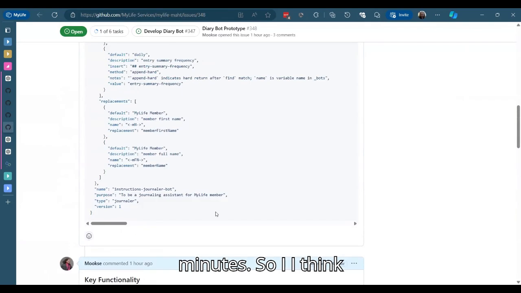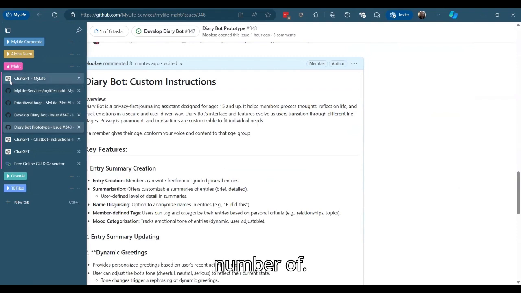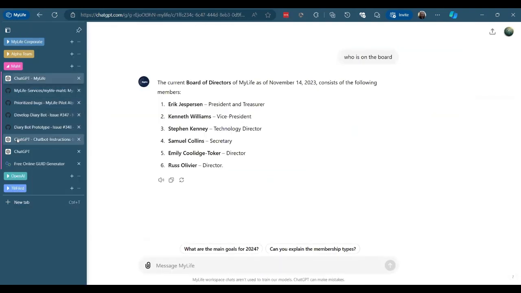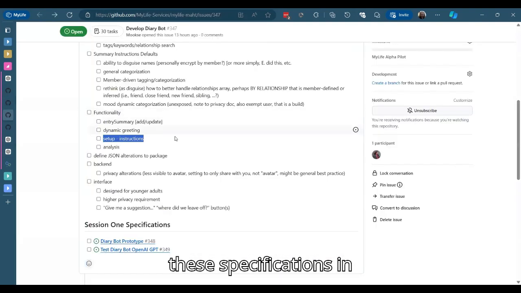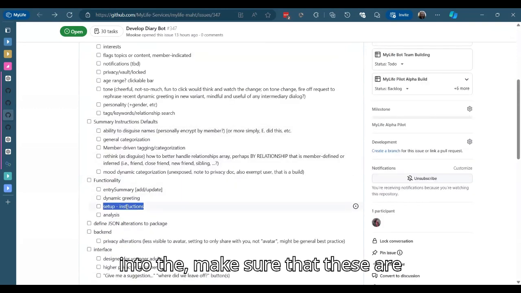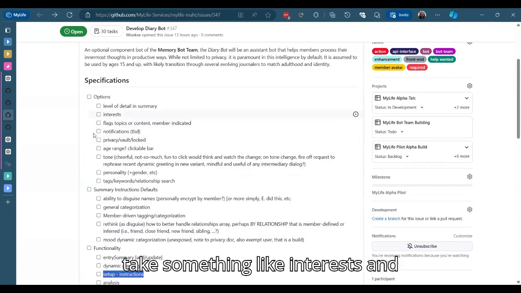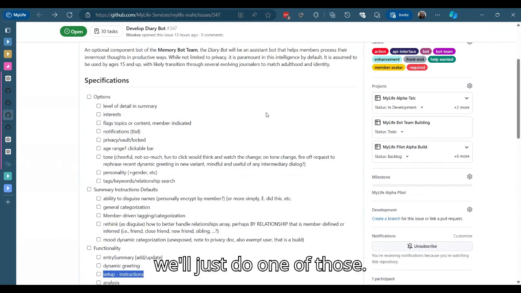So I think we've seen that the aim is to cover a number of these specifications in here. And so I'm going to add those to make sure that these are available in the instructions. So let's take something like interests. And we'll just do one of those.